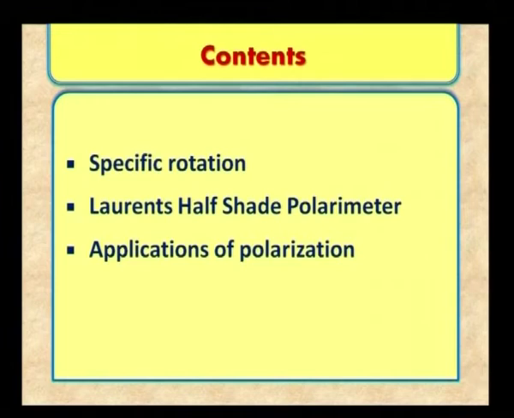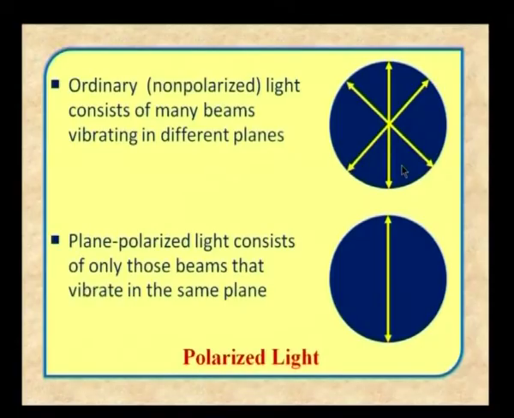applications of polarization. You all know that the ordinary unpolarized light, the vibrations which are made on the ether particles according to Huygens theory, the vibrations will be in all planes. You have a plane like this and another plane and so on, and so the vibrations will be found in all the planes. The resultant can be had in 2 directions, maybe x and y. This is one of the planes, this is another plane. That is how you represent